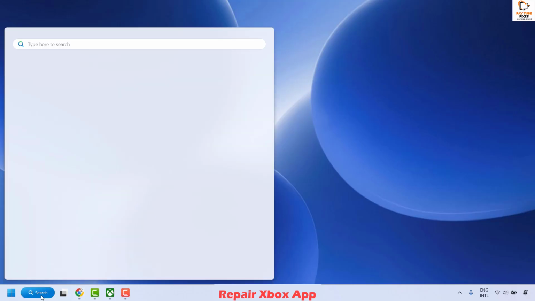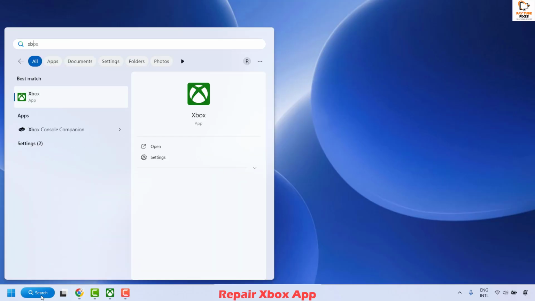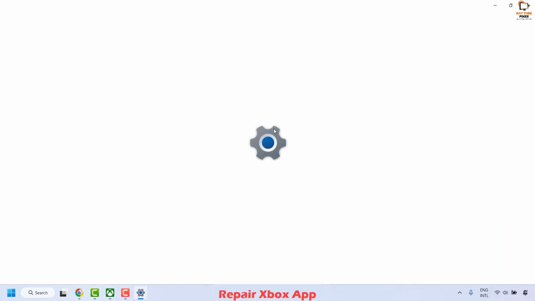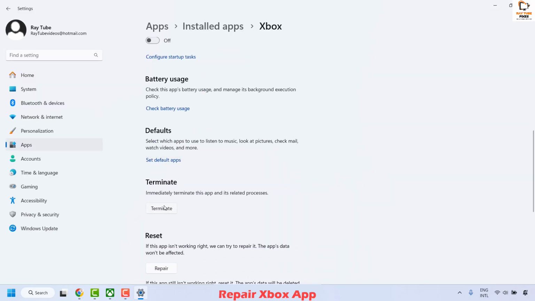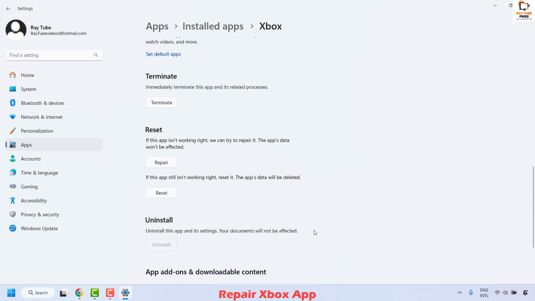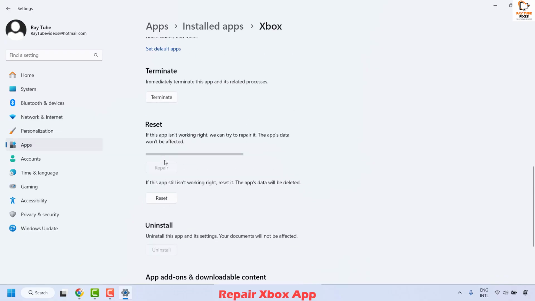To do this, you will have to type Xbox app. You can do a right click and then click on app settings. That should open the app settings for your Xbox app. Once you're on this, you will have to click on terminate so that you stop all the Xbox services. Click on repair, and when you're following these steps, make sure you have your username and password handy